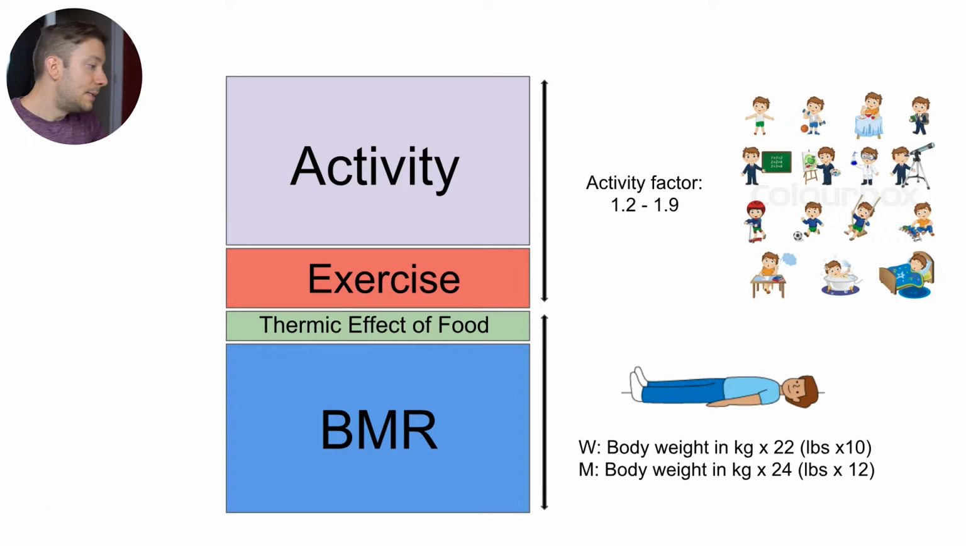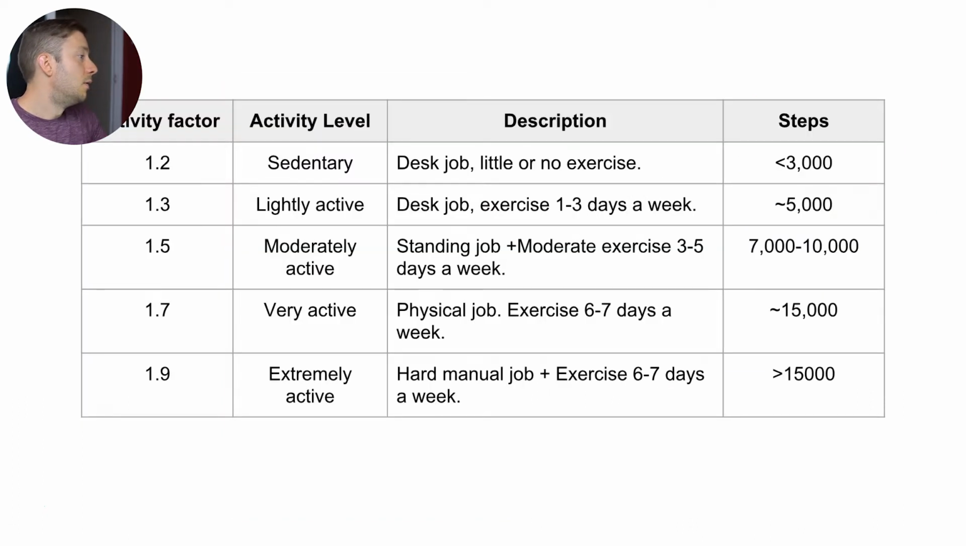So our calorie needs are made up from our BMR, our thermic effect of food, and then our exercise and activity. So this activity factor is as follows. So I've done a quick table for you. So 1.2 is someone who's sedentary, has a desk job and does little or no exercise. And I've just put in a rough step count as well, so that is 3,000. Now a 1.3 would be lightly active, desk job, exercises 1 to 3 days a week and does around